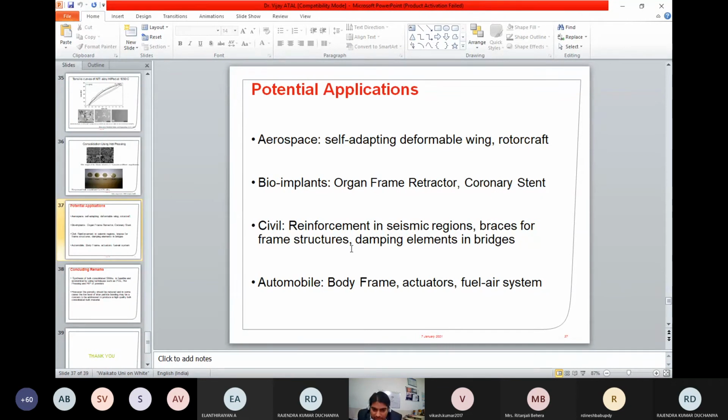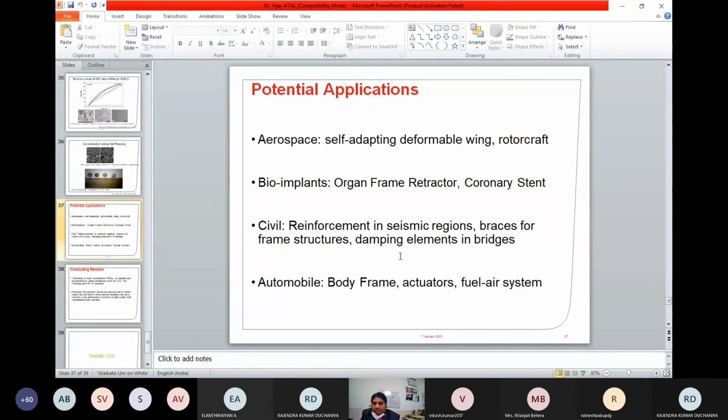In civil cases, reinforcements in seismic regions, where earthquake type conditions occur. Whenever this type of deformation takes place, the reinforcement goes beyond yield, and then when it comes back, it doesn't go for a permanent deformation.